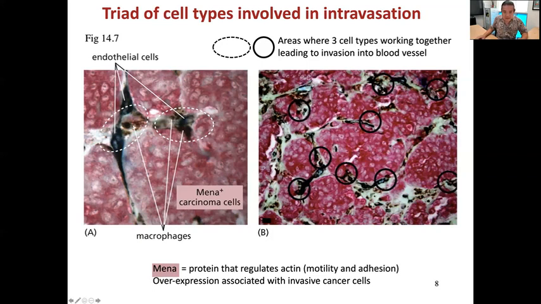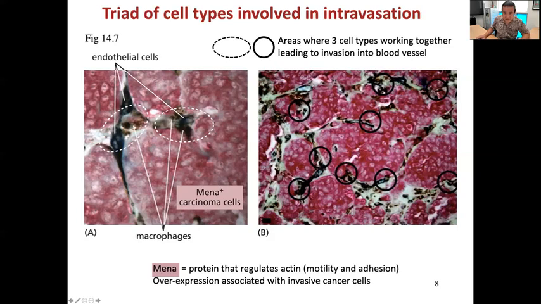In these circles and dotted line regions, you can actually see 3 different cell types coming together. You have the endothelial cells that are stained sort of bluish here. So this would represent the capillaries, right? These 3 spots pointed to by these lines represent capillaries in cross-section. So you'd have endothelial cells there. You have the macrophages, right, that are also working to dissolve the extracellular matrix, making it easier for these carcinoma cells to make their way through. And of course, you have the carcinoma cells themselves.